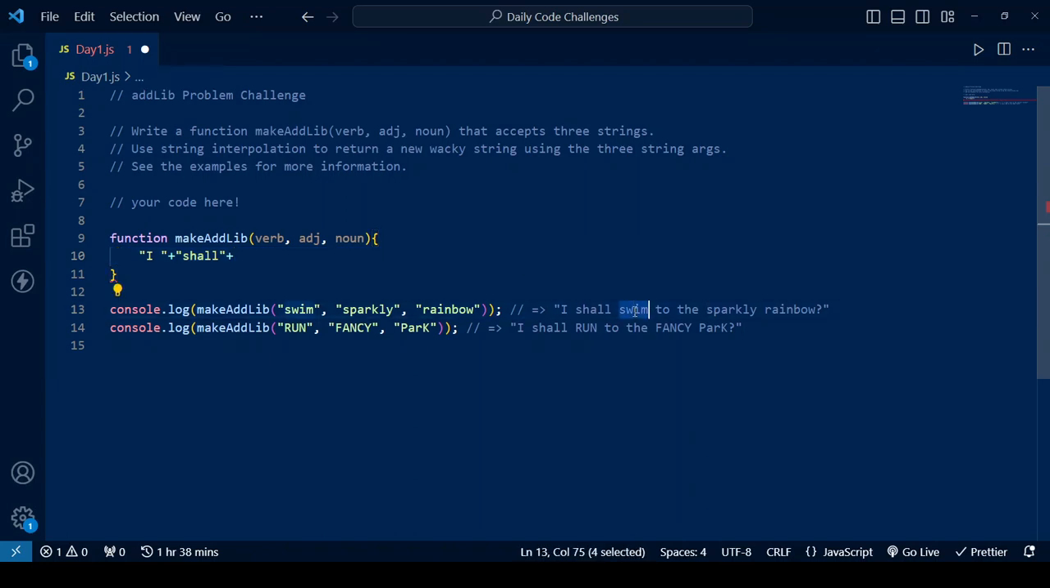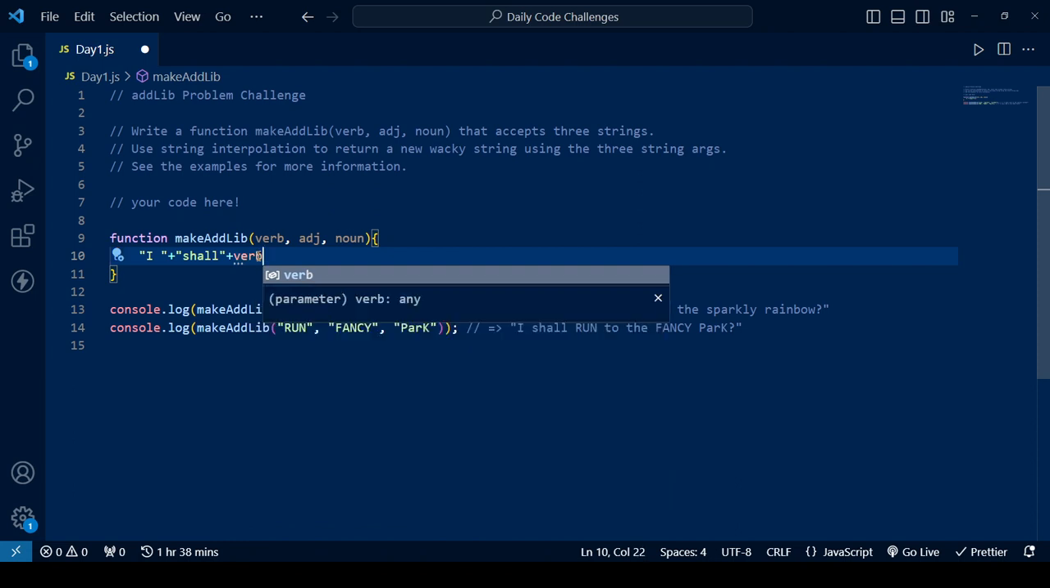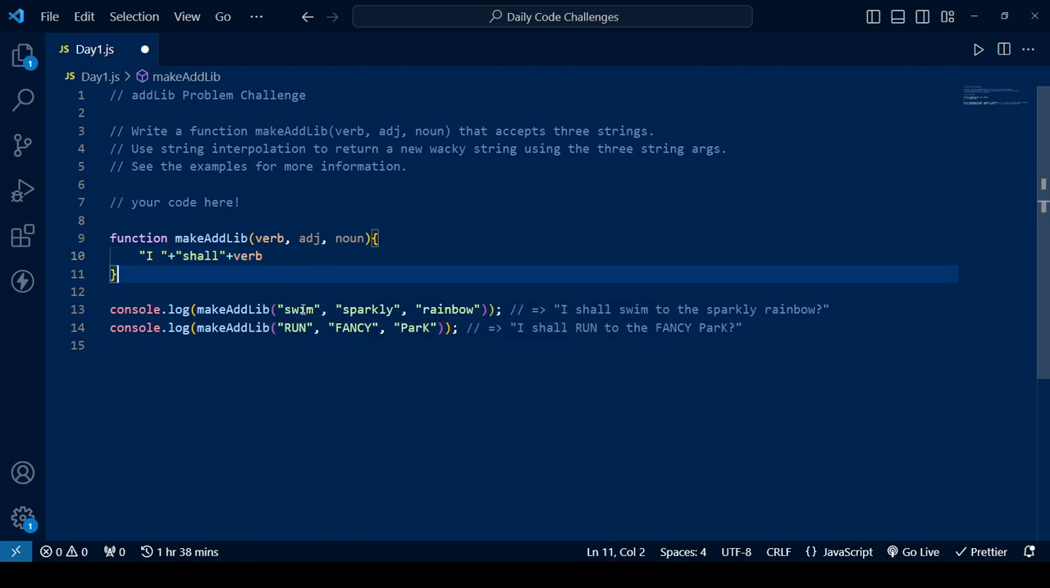Swim is a string here and it's an argument, which has the parameter verb. So instead of us putting swim here, rather just put verb here. So that verb represents the swim we have here. This statement says I shall swim because verb represents swim. So I shall swim, that's plus verb plus, okay, plus I shall swim to the sparkly rainbow too,